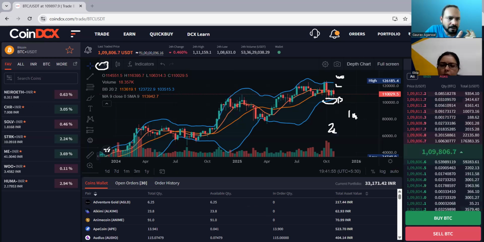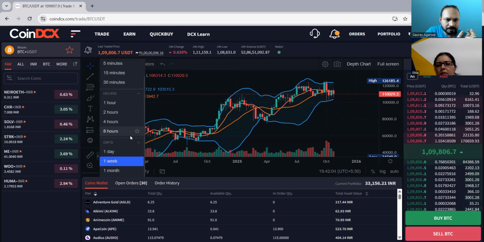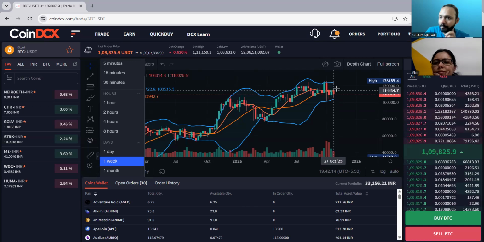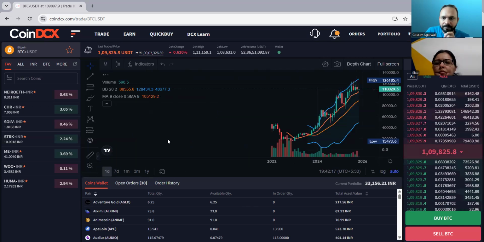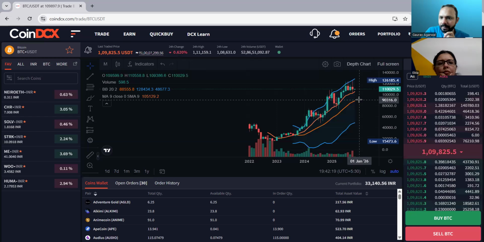And then after this, you have to check the monthly chart. I check weekly and monthly? Yes, both the charts, because on both the charts, demand and supply zone will be different. See, on the weekly chart, it is showing at the lower Bollinger Band, but in the monthly chart, if you see, it will show you near the middle Bollinger Band. It has not yet reached near the middle Bollinger Band, right?